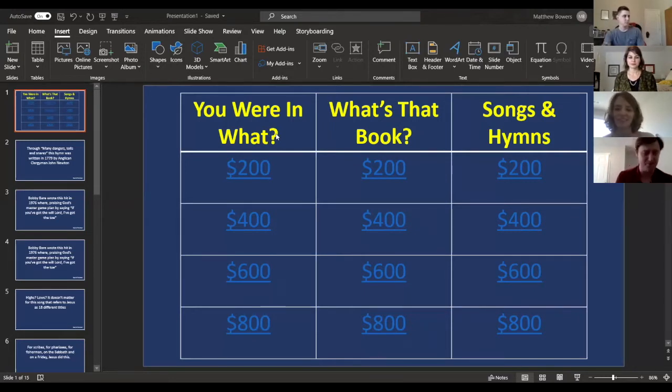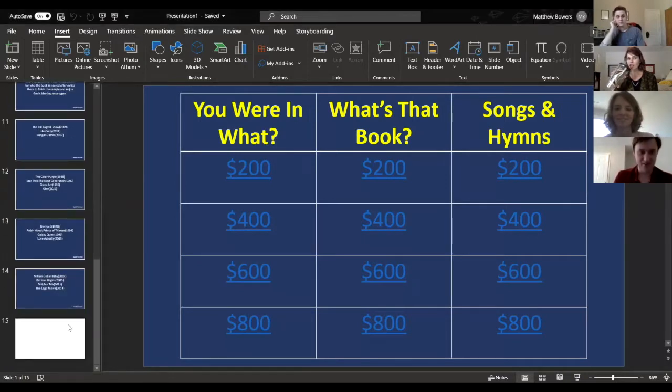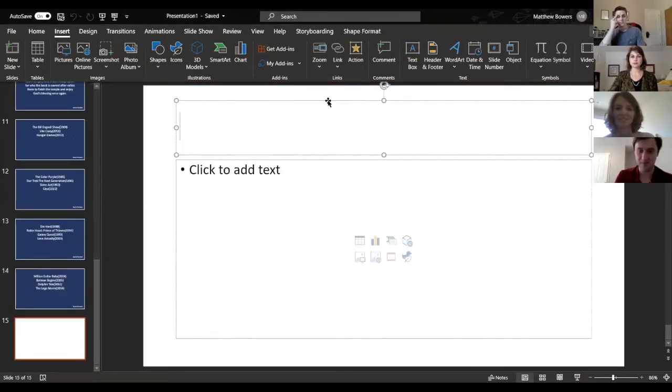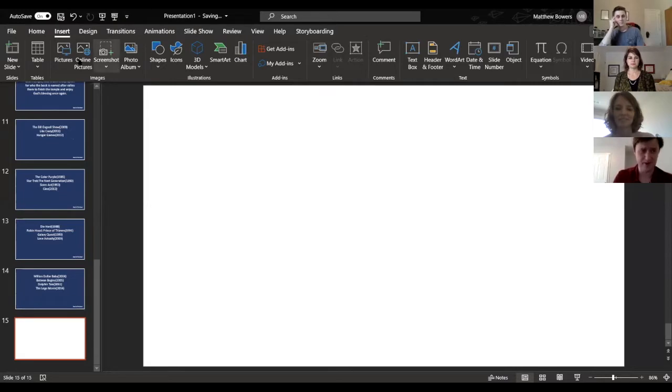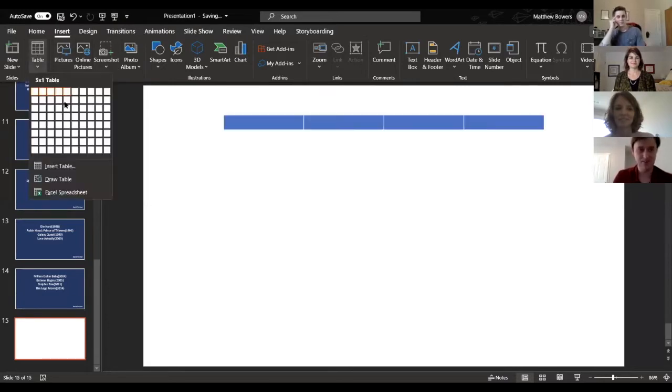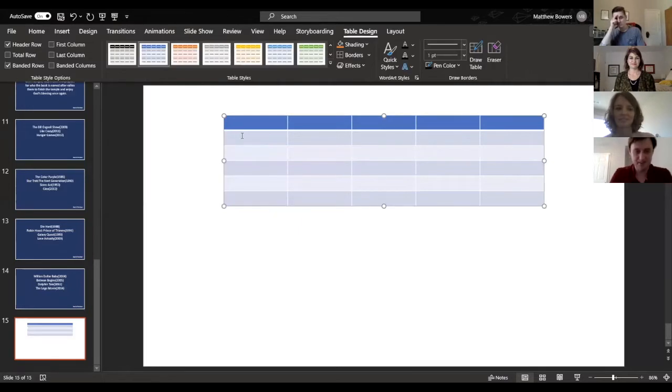If you're a Jeopardy purist, you can go download the official Jeopardy template and go from there. But doing it on your own is really easy. All you have to do is open up a blank slide and get rid of the text boxes. You can color it, whatever. You take your table, go however many you want, make that all fancy, and type in your point values if you're a Jeopardy purist like me and you want to make it as authentic as possible.